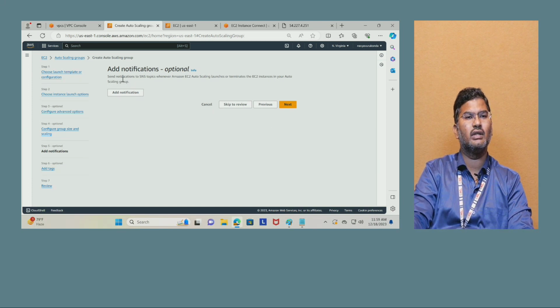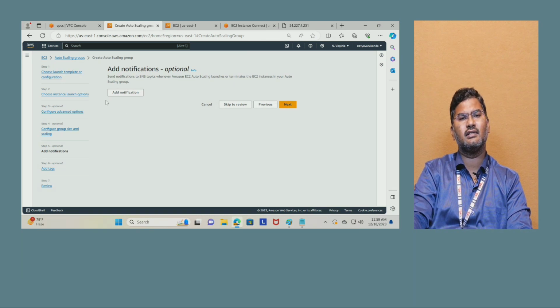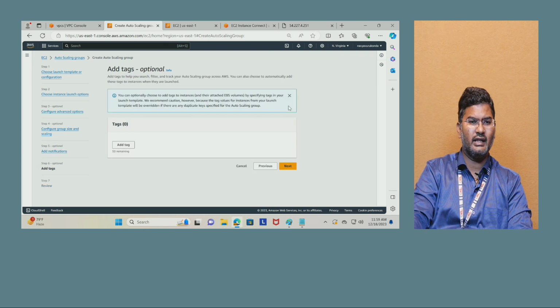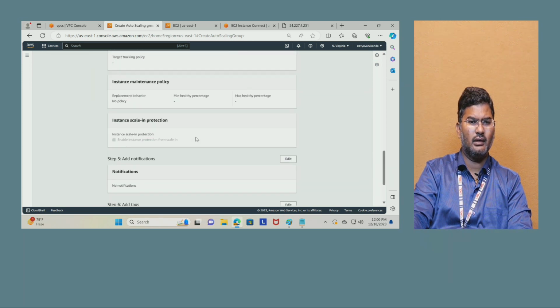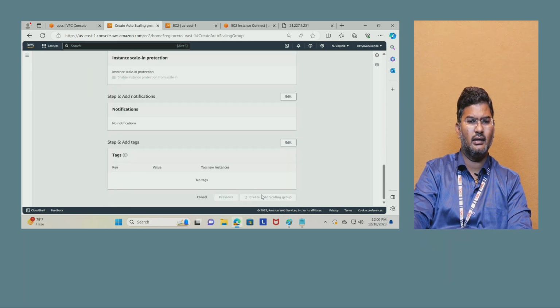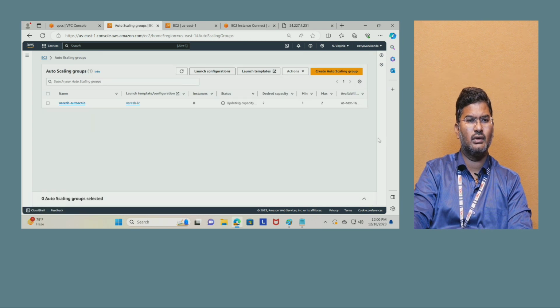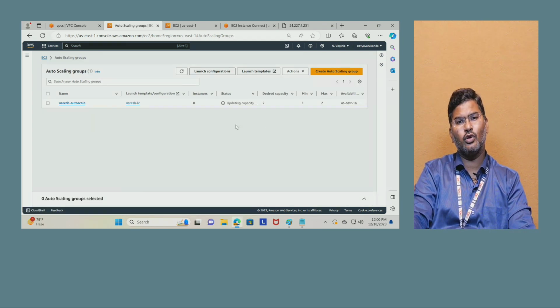Then I don't want to go with the add notifications. If you want, you can use add notification and subscribe and get the SNS notifications. Then click on next, 0 tags, next. Then review the summary, everything is fine. Create auto scaling group. The moment you create the auto scaling group like this, you see the EC2s are going